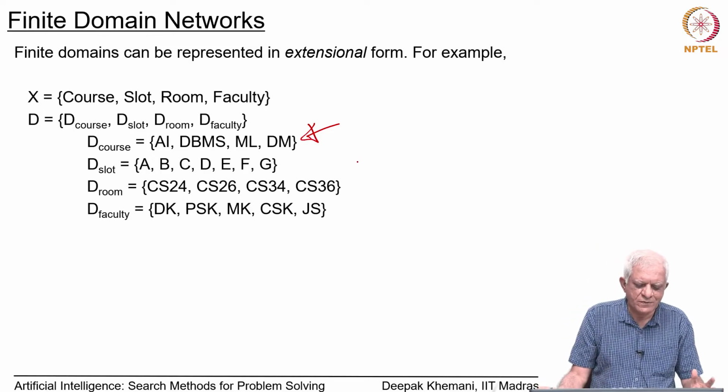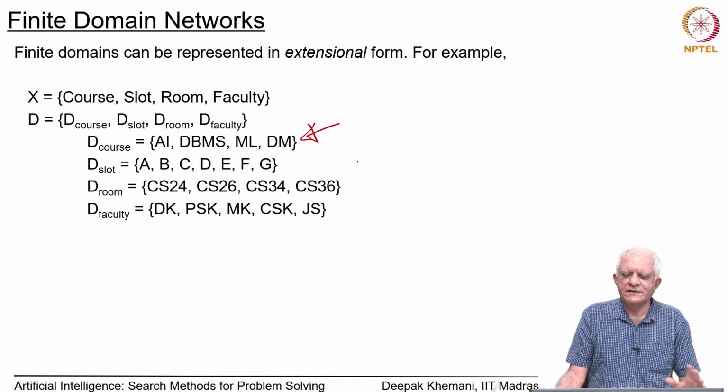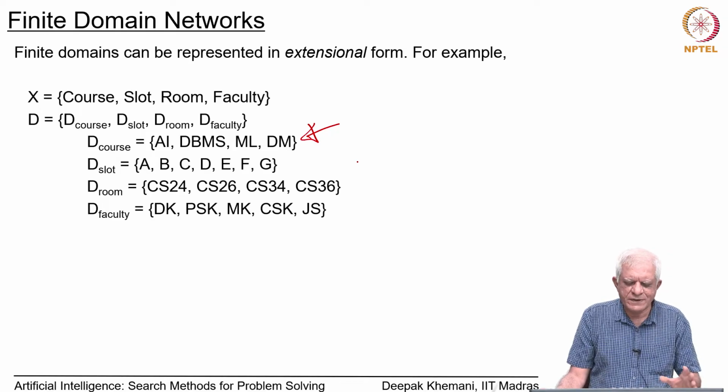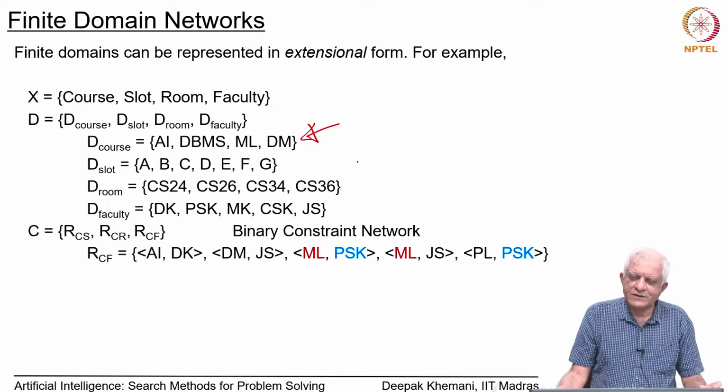So, these are the 4 domains, and we are talking about relations over these 4 domains. So, typically if you are helping your department do course allocation scheduling, you may have to worry about these kinds of things. Here we are talking about a binary constraint network,